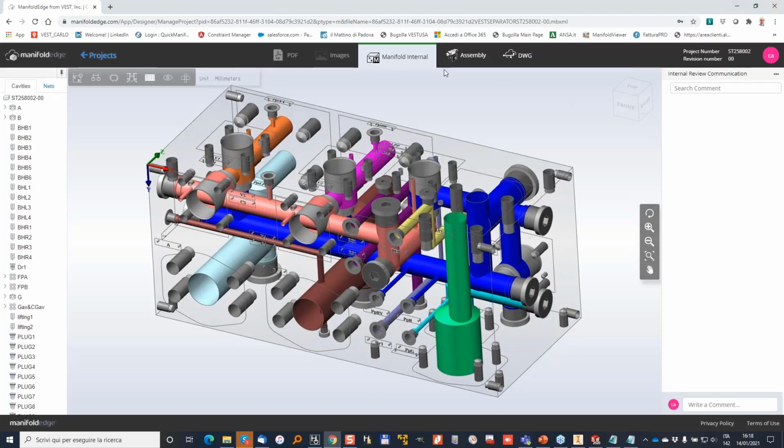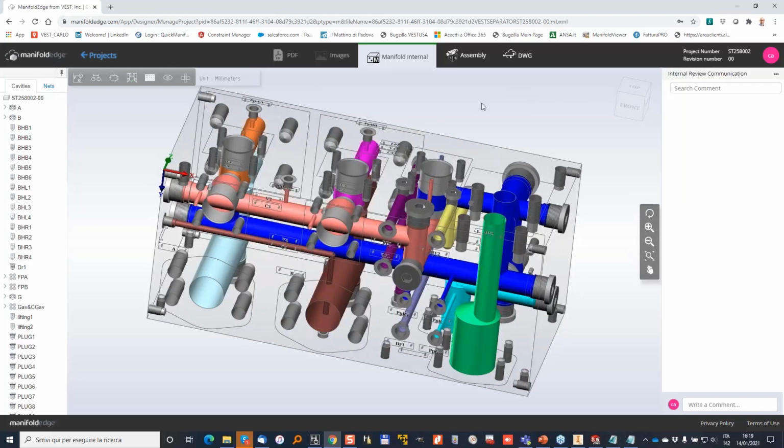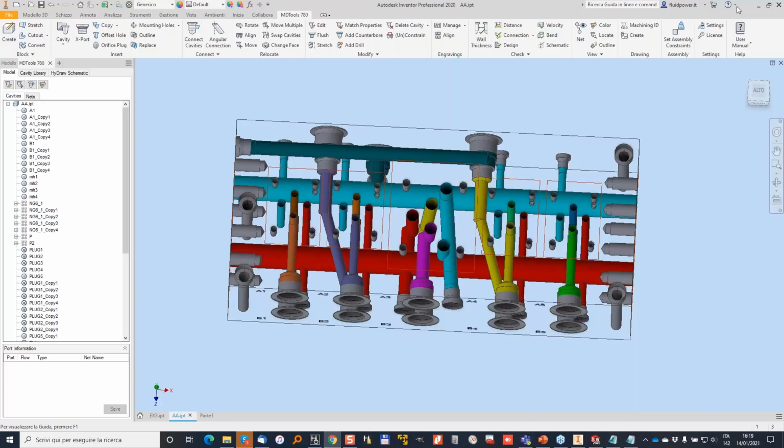So you probably have received emails about Manifold Edge. This is a quick overview about what Manifold Edge is and how we can use the XML information generated by MDTools. Now I want to step back a bit, and get back to my Mbxml file and show you